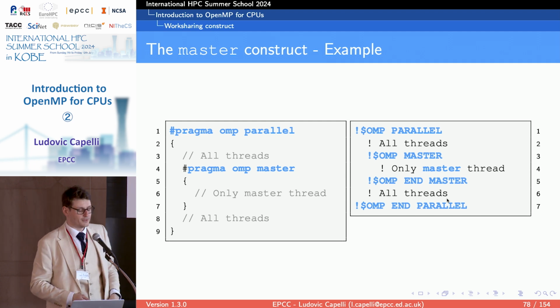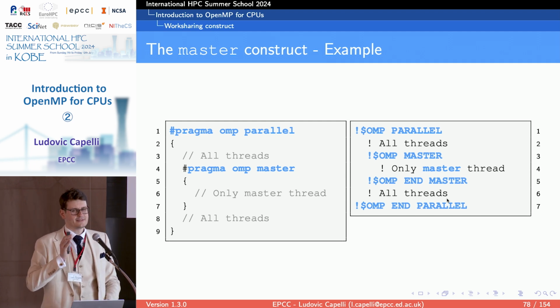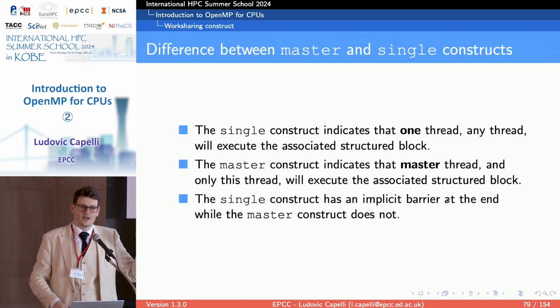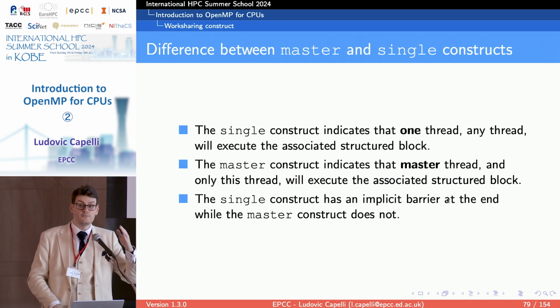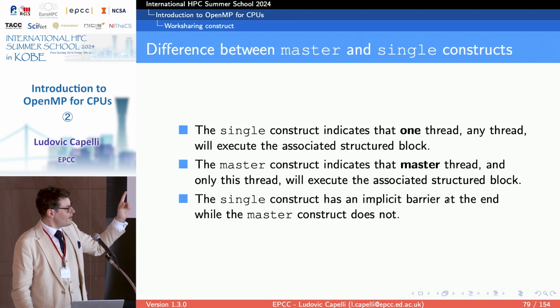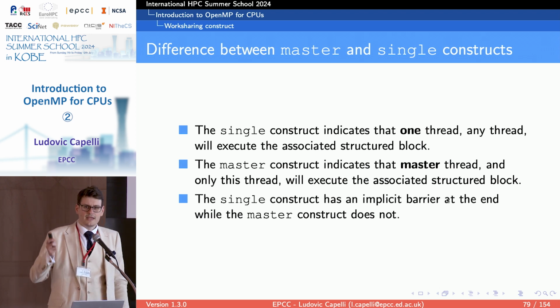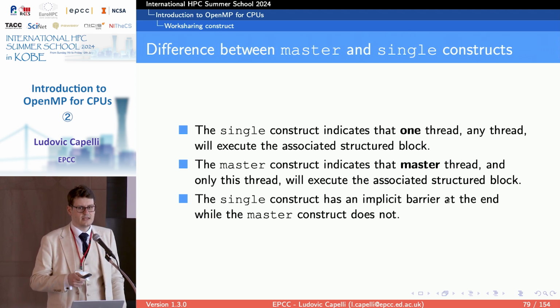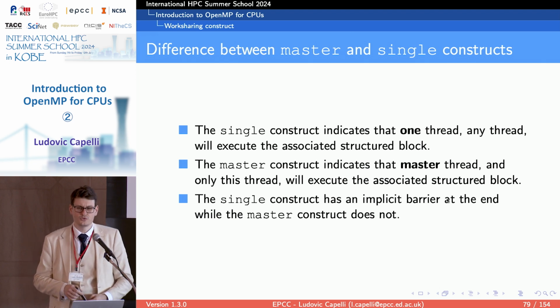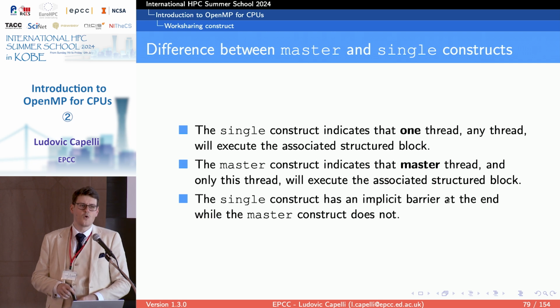Pragma OMP master. There is a very subtle difference between the two, which is when it's master, the blue arrow, by the way. It's always the blue arrow. The master, there's no implicit synchronization at the end. And that's a very mean question, but can you guess? Can someone come up with an idea of why